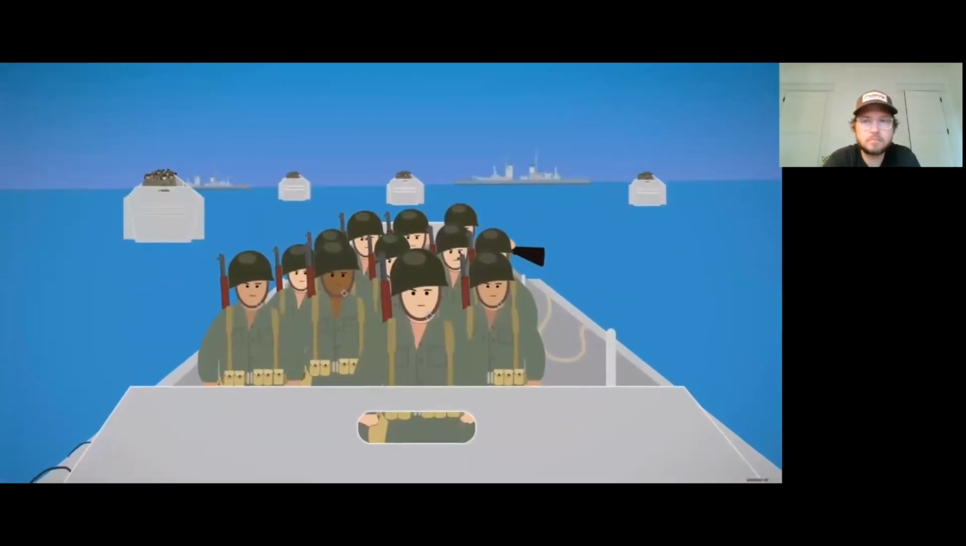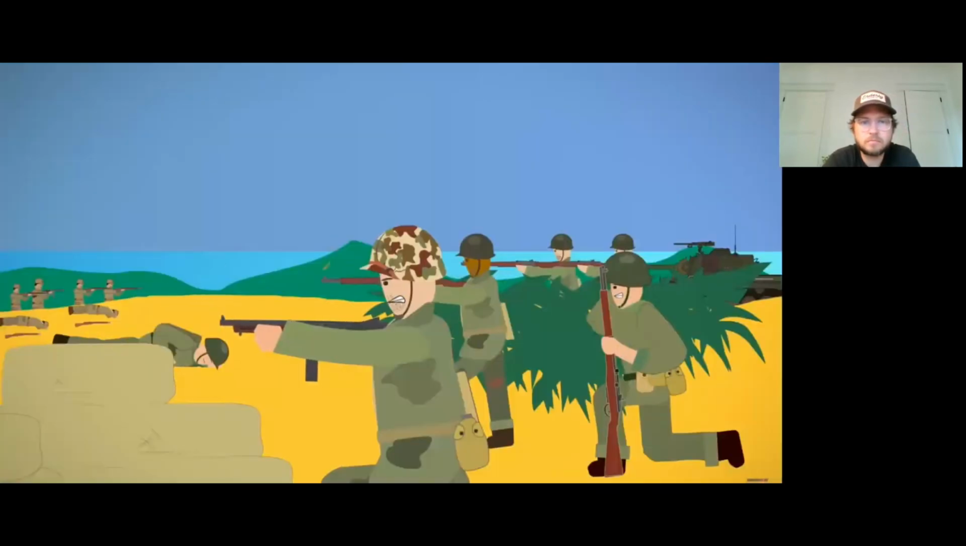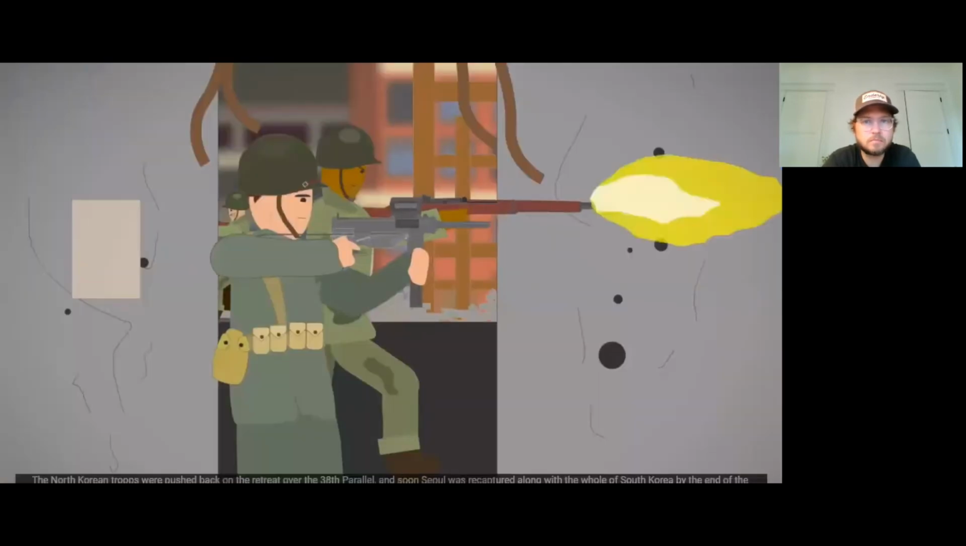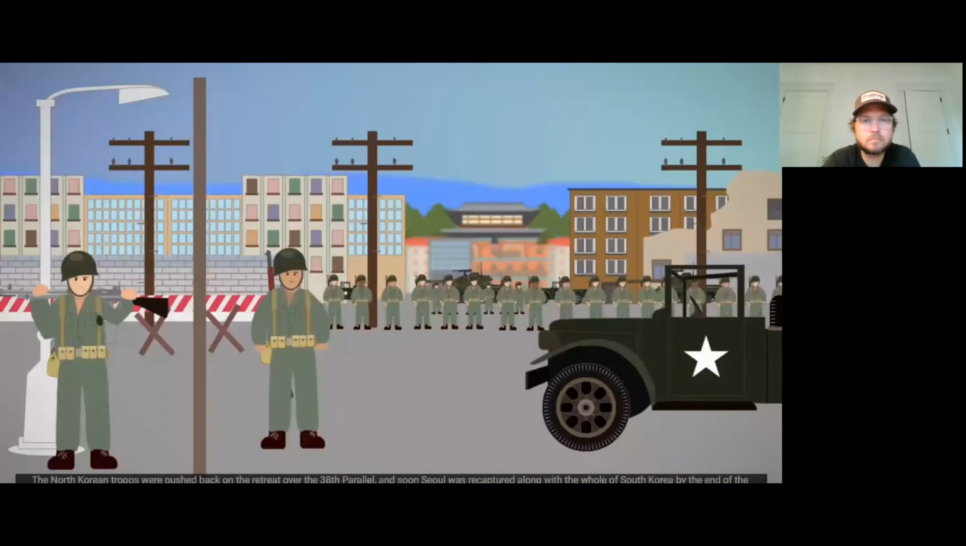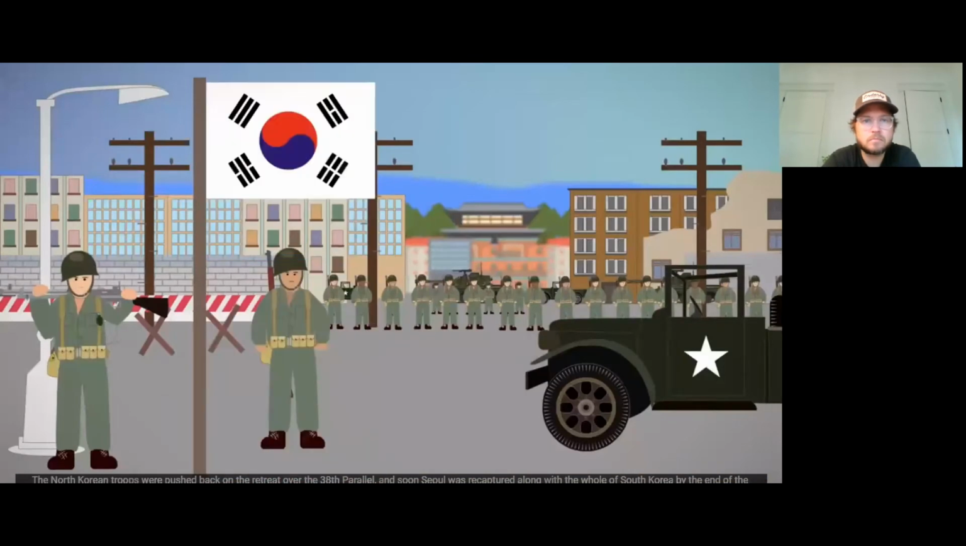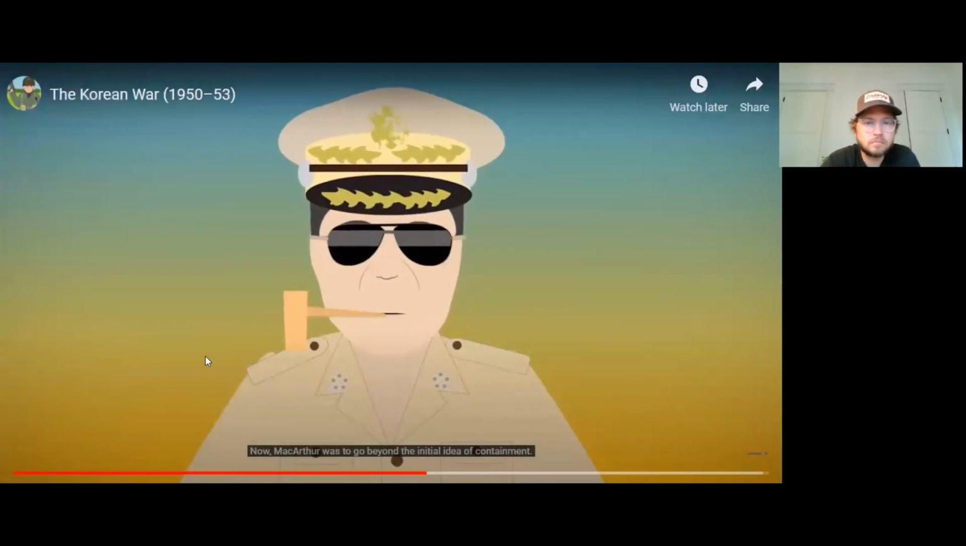On September 15th, the U.S. Marines X-Corps launched an amphibious assault at Incheon. The North Korean troops were pushed back on the retreat over the 38th parallel, and soon Seoul was recaptured along with the whole of South Korea by the end of the month. Now, MacArthur was to go